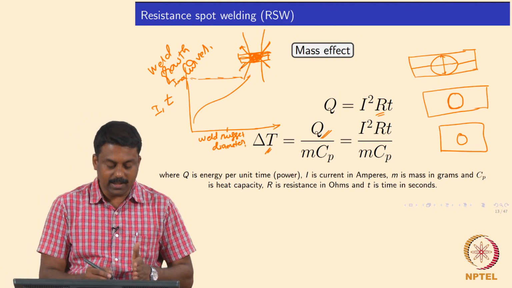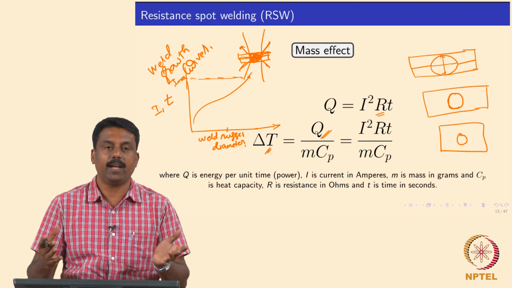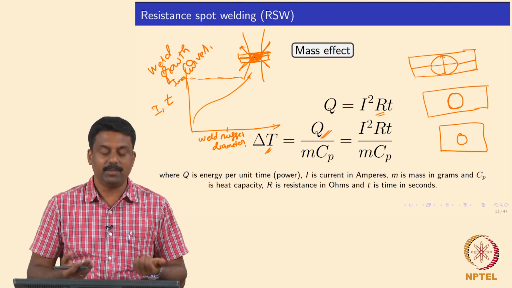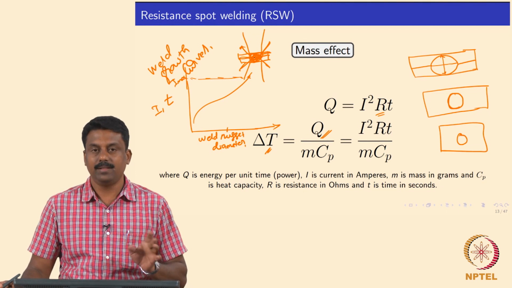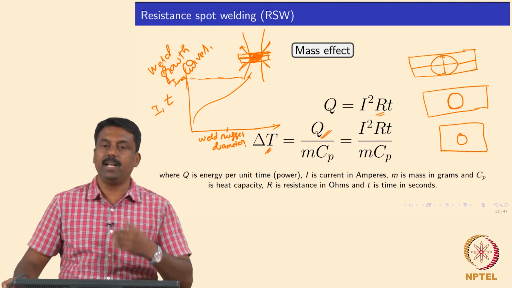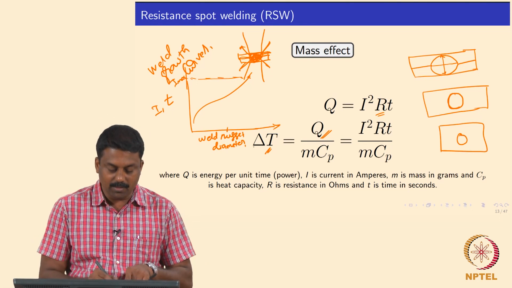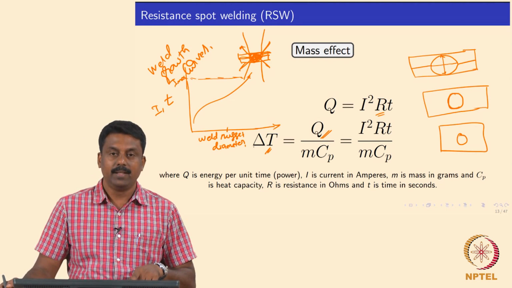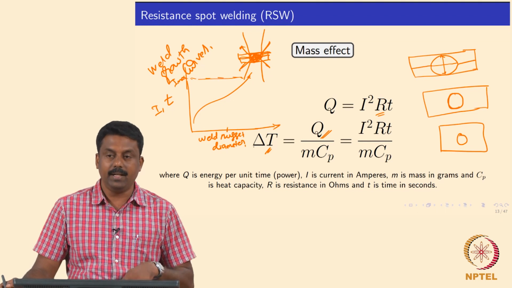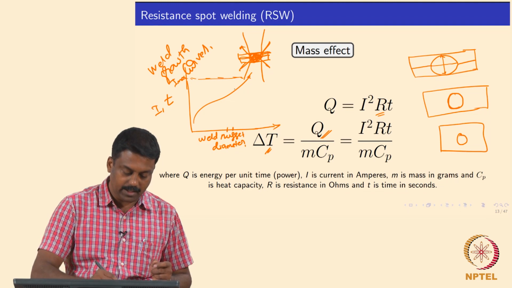So upon increasing the current to a certain level, you observe splashing and then you won't form a weld nugget, you will just have a cavity, okay. So I max is the maximum current above which splashing occurs, right. Generally we don't operate near I max. We operate much below I max, but we have to know when I max happens. So these weld growth curves can be plotted by keeping time constant and varying current, identify where I max is, and then we can choose the weld nugget diameter which is required by the standard.